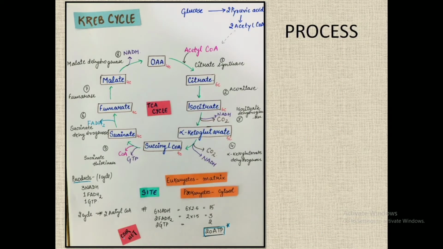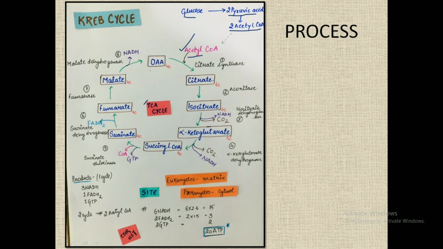So now let us look at the complete Krebs cycle in detail. First of all, we can see that initially we had glucose, from which 2 pyruvic acid were produced, and from those 2 pyruvic acid there was the formation of 2 acetyl coenzyme A. So this is the complete Krebs cycle, which is also known as the TCA cycle. For one glucose we have 2 Krebs cycles functioning, because in a Krebs cycle only one acetyl coenzyme A is processed. So let's look into the pathway now.